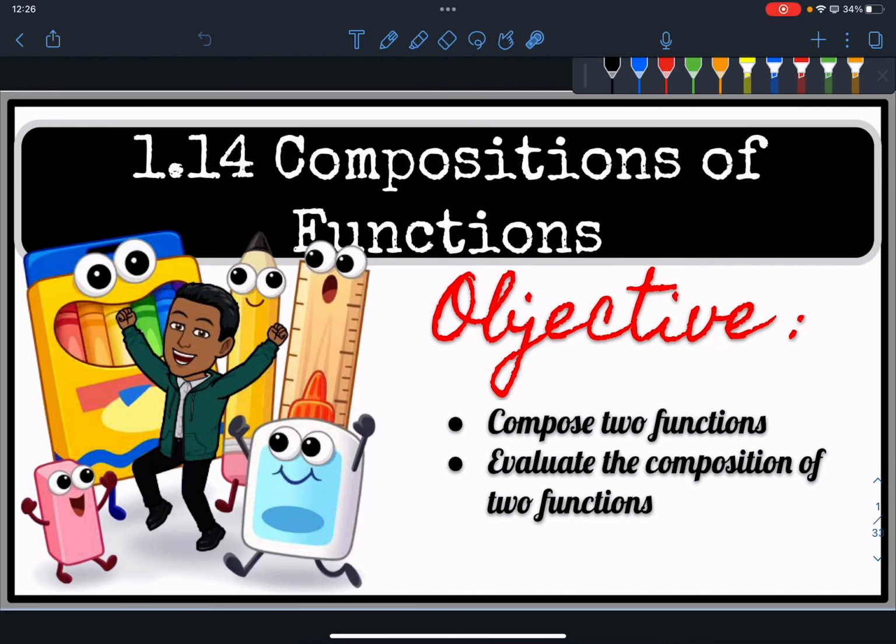Hello and welcome. On lesson 1.14, composition of functions, you're going to learn how to compose two functions and also evaluate the composition of two functions, including identifying the domain of this new composition. So let's review first